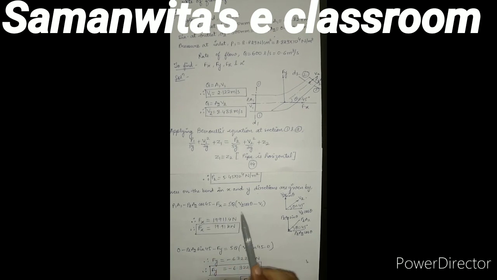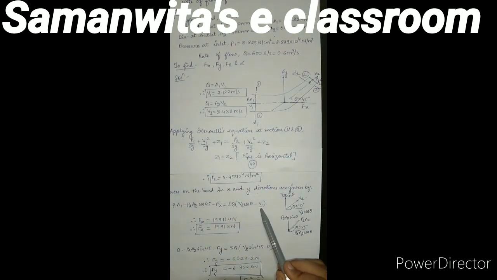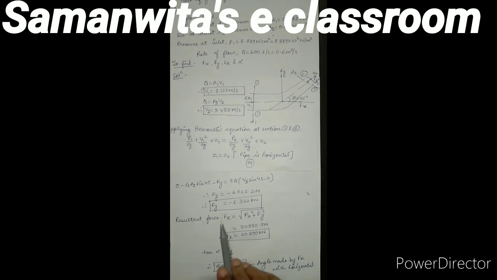and it is always minus Fx, equal to ρQ times the final velocity V2 cos θ in the positive direction, minus the initial velocity V1, which is again in the positive direction, so I take it as V1. Had this been in the other direction, I would have taken another minus sign over here. This minus sign comes from the formula final velocity minus initial velocity. When you substitute all the values known to you, you will get the value of Fx as 19.91 kilonewton. Now let's solve for y direction.